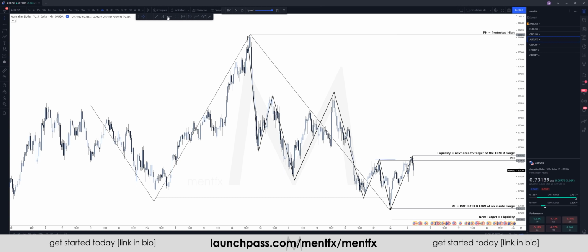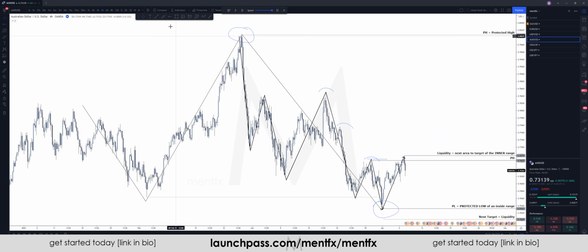But the other way to find targets is by looking inside of a previous range. Because we understand that price is still on this higher time frame push and is protected at this high, that means any swing inside of that, so this swing, this swing, and this swing, or even in this case this swing, but this one has been ran, and this one's higher, so this one we can forget. Basically the inside swings, that swing and that swing, now act as a place